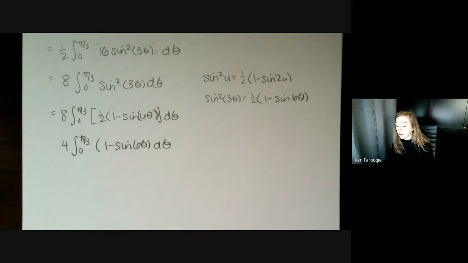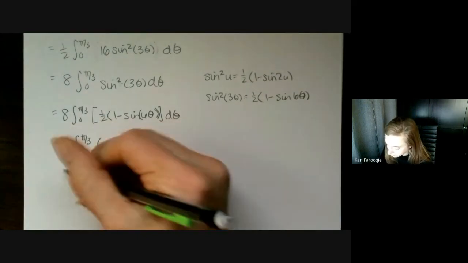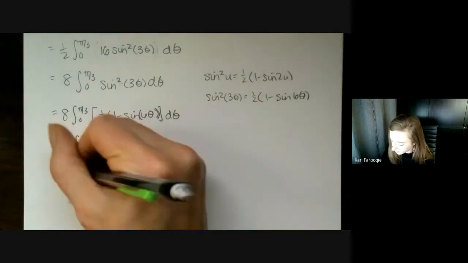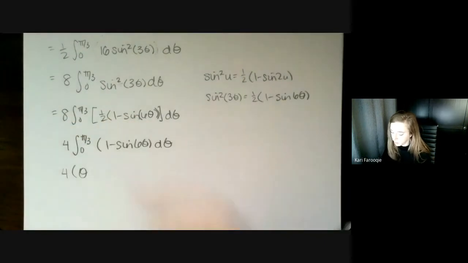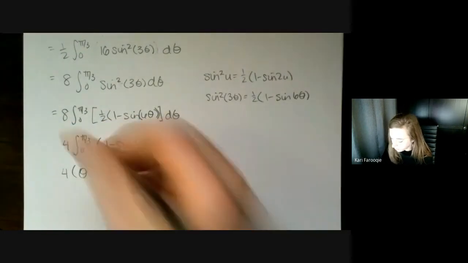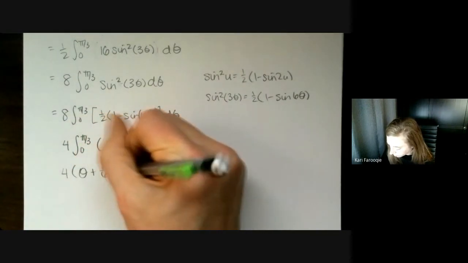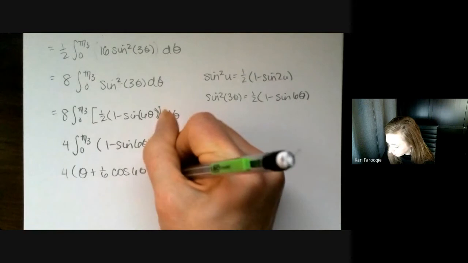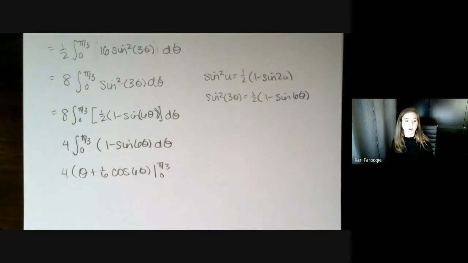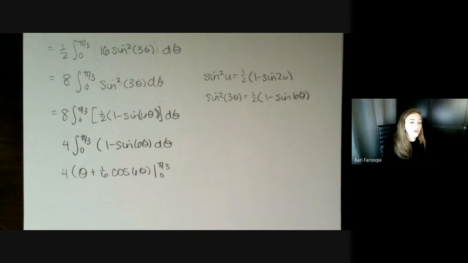So you can see here how so far, especially, all the integrals are looking similar. It's just that the setups are going to be different depending on the type of polar equation you're given in the scenario. So let's go ahead and integrate. We'll have theta. In order to get negative sine, we need to start out with positive cosine, and we'll divide by 6 because we are integrating. And then we'll evaluate that from 0 to pi over 3. Double check and make sure if you work your way backwards, you still get that derivative.